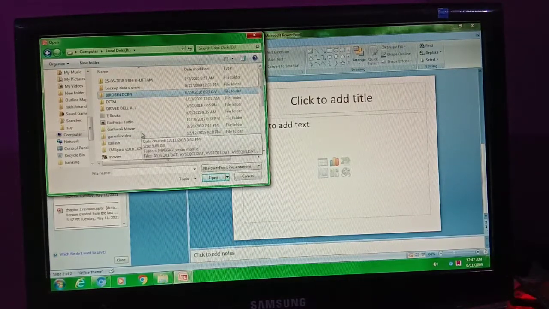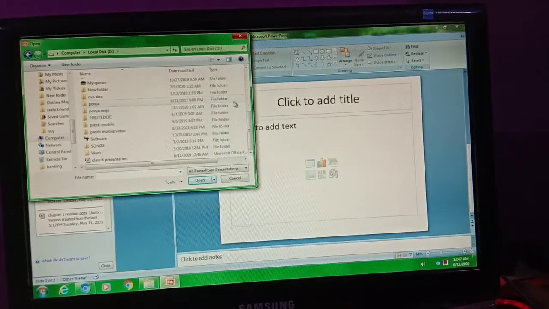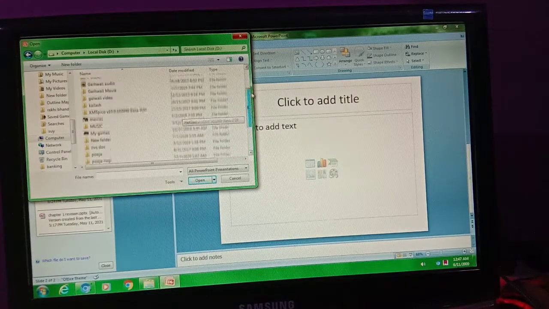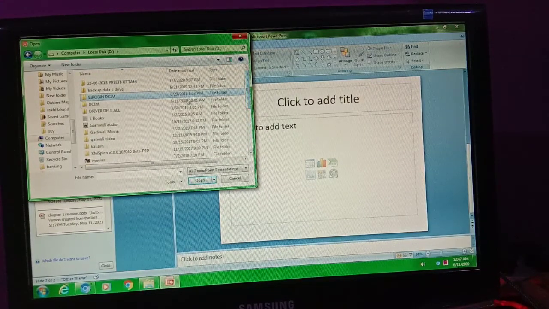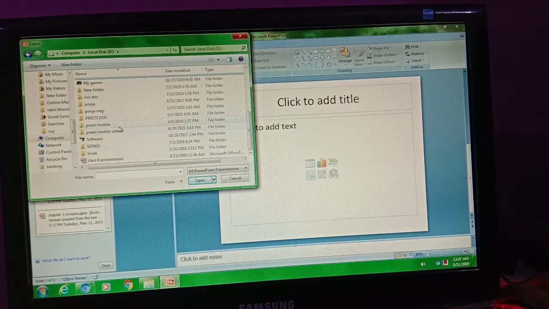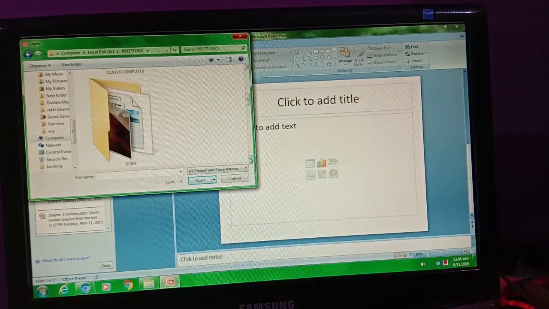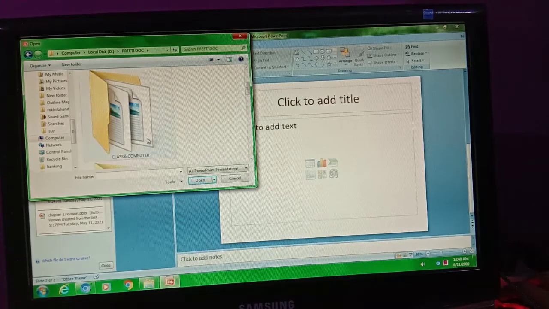In the D drive there is a class 6 folder, in the Preeti document folder.